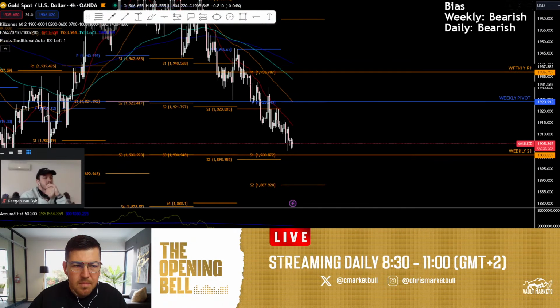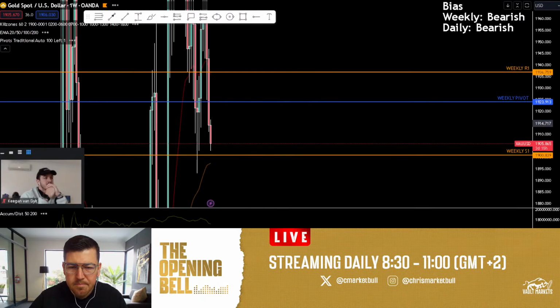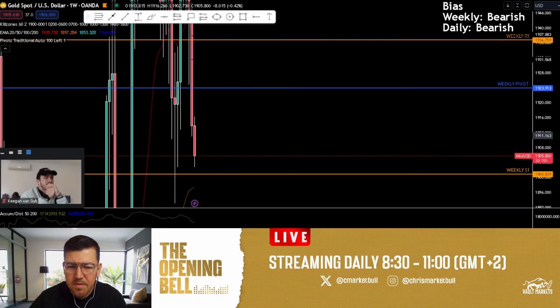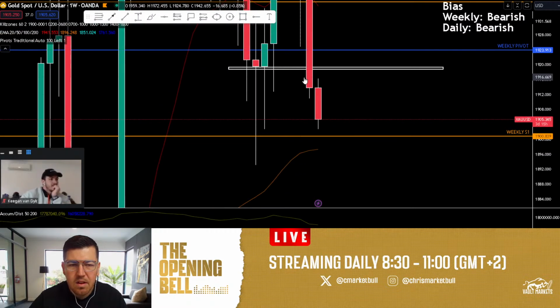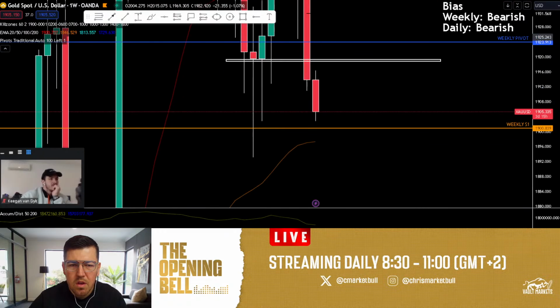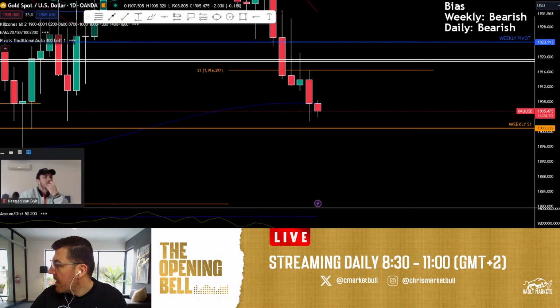Gold, let's quickly jump down to gold. Gold as well, mentioned on the weekly, closing below this previous area of support. Just mark that out. Gold weekly candle closing below that area of support. We still have this wick to the left hand side that we can fill. Also already breaking last week's low. And if we go down to a daily time frame,